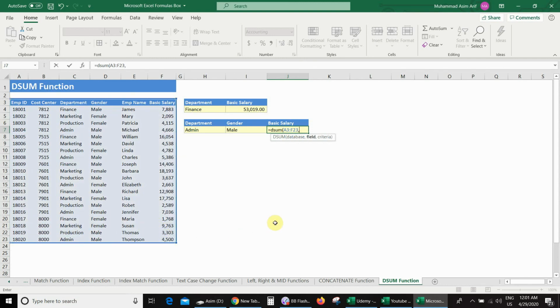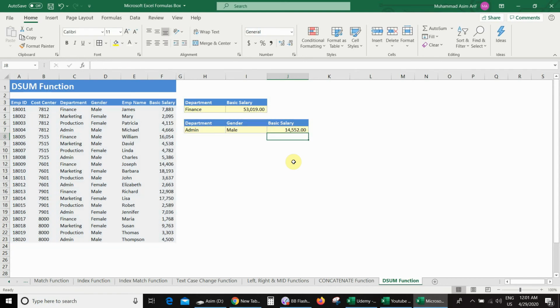comma. Next argument is field. So I will select the field, comma. The third argument is criteria. So right now my criteria is department and gender both. So I will select both criteria, close the bracket and press enter. And you can see I got the basic salary department wise and gender wise. So if I change the department, for example marketing, I get the basic salary in the marketing department of the male